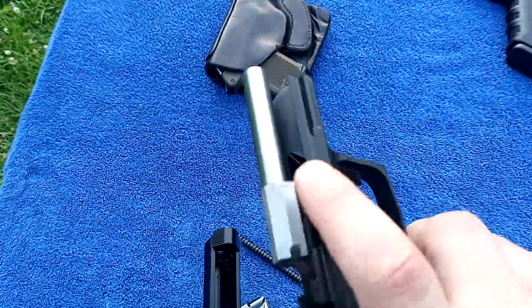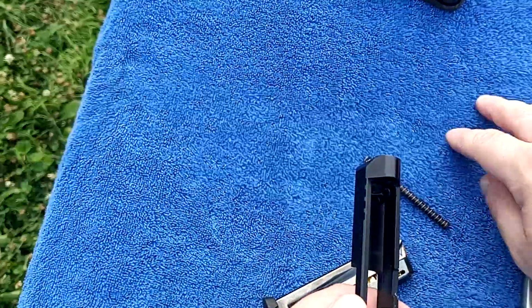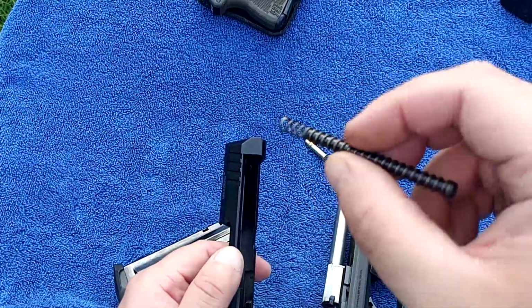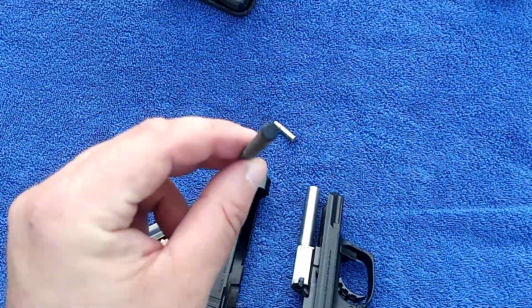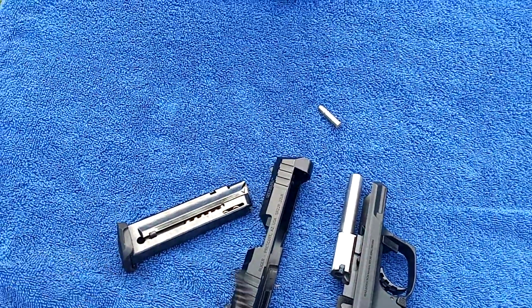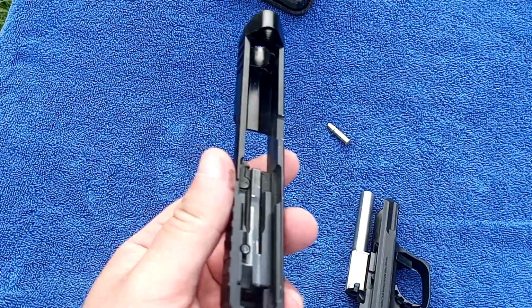Now, on the SR22, the barrel is fixed. There's your recoil spring and recoil rod. Now to reassemble it, just